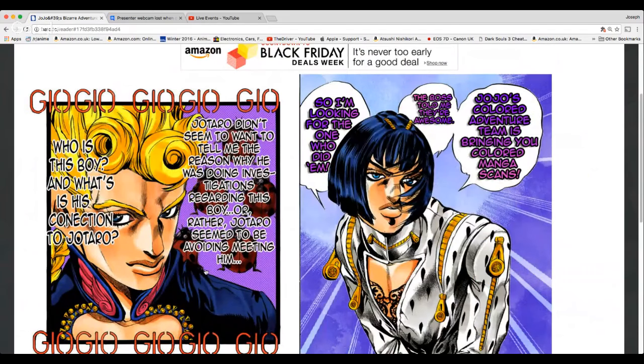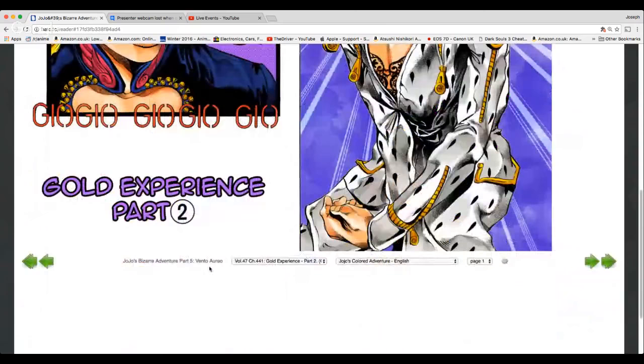Jotaro didn't seem to want to tell me the reason why he was doing investigations regarding this boy, or rather, Jotaro seemed to be avoiding meeting him. Who's this boy, and what is his connection to Jotaro? I think it's very much written in the stars why Jotaro doesn't want to meet him, but let's continue to